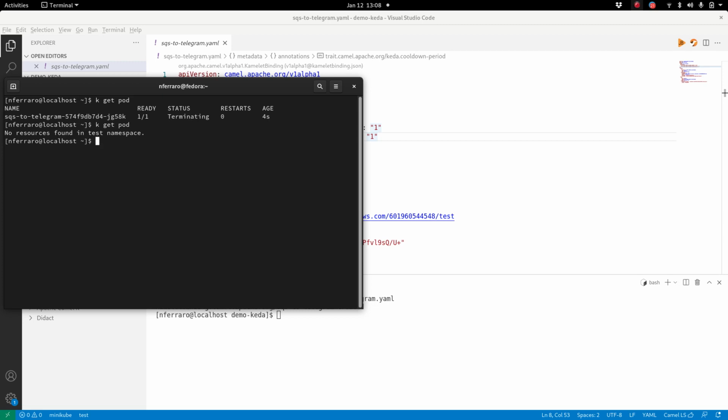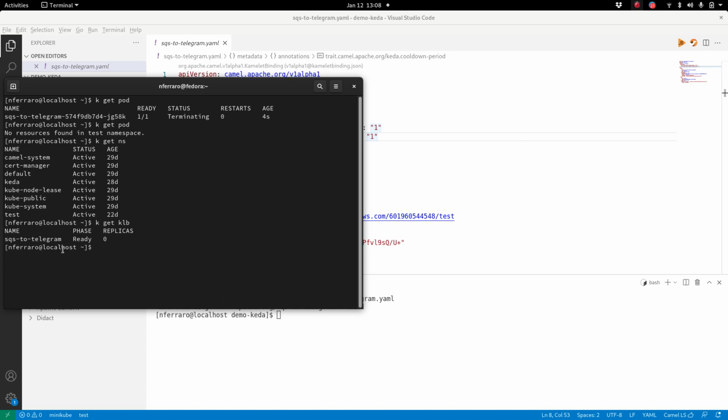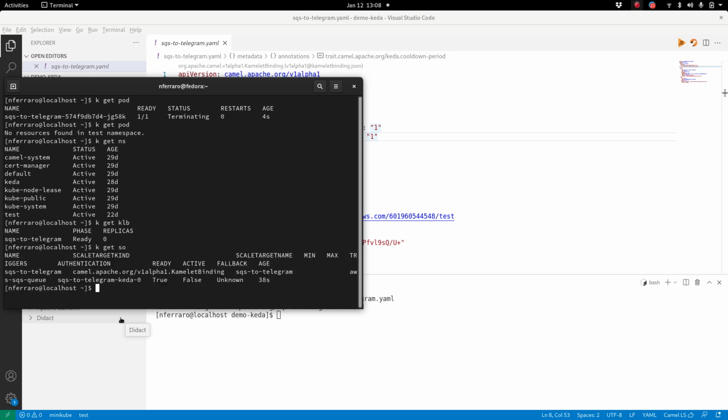This is because, let's look at the namespace. I've installed Camel K globally in the camel-system namespace, and KEDA in the keda namespace globally. And KEDA is already scaled down. If you see the KameletBinding, this has been scaled down to 0 replicas automatically by KEDA. The reason why this happens is because we created a scaled object which is called sqs-to-telegram. If you look at it,